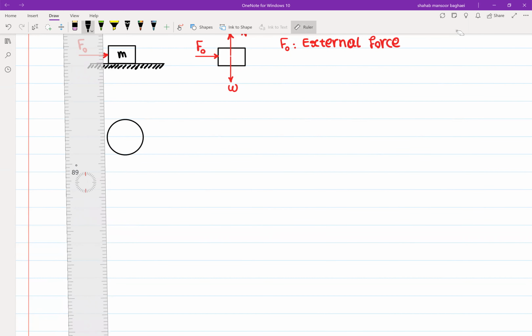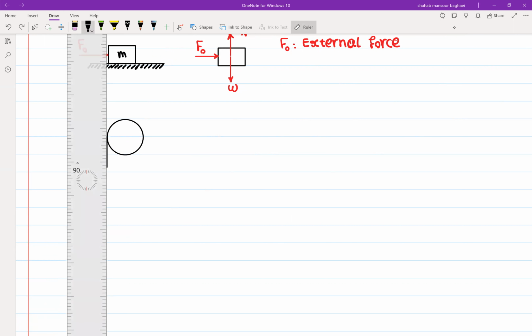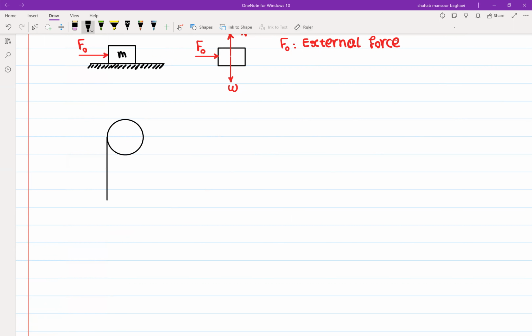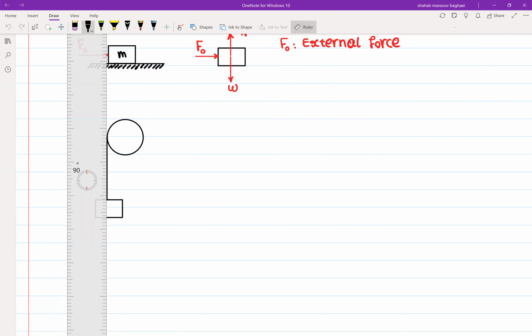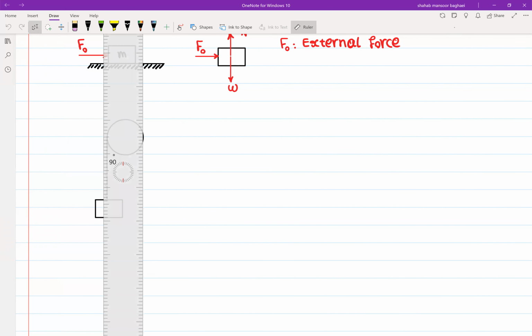On the left side, this cable is connected to a block. On the right side of the cable, which is here,